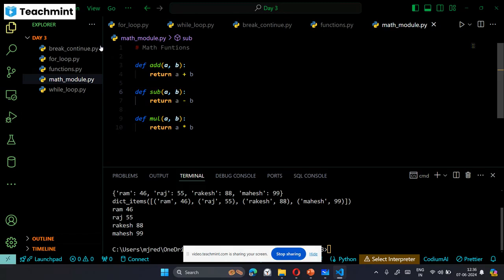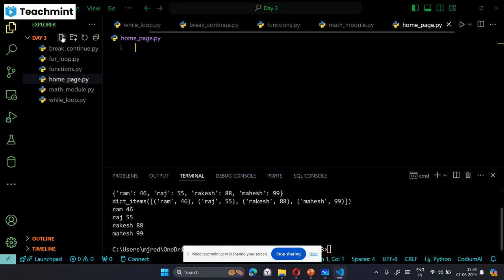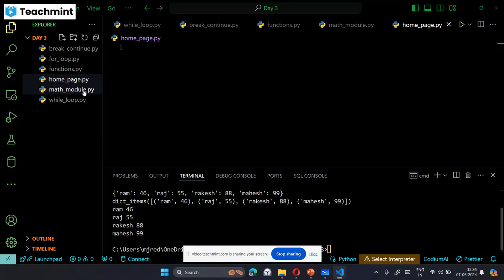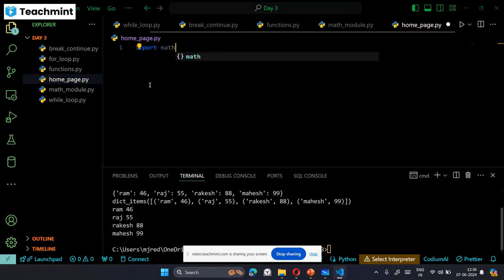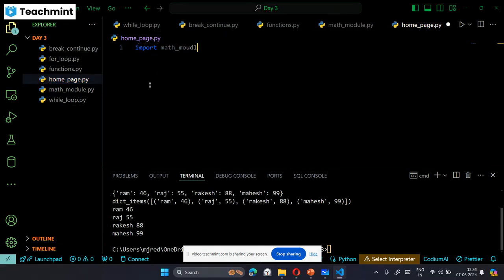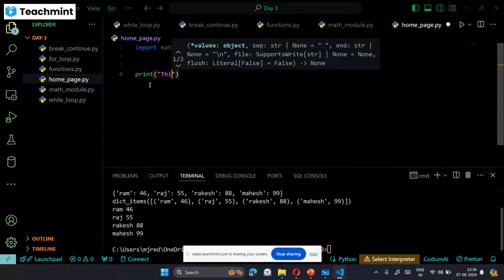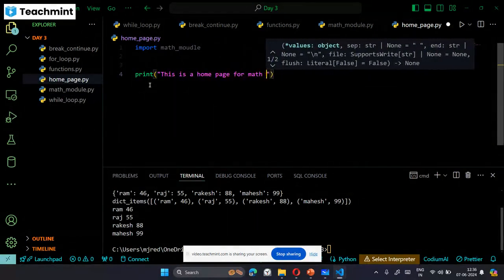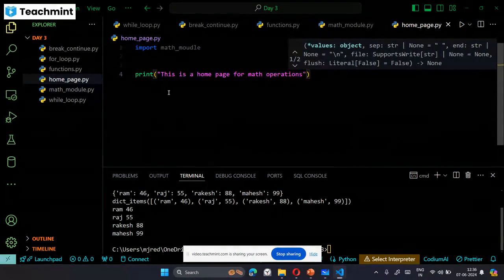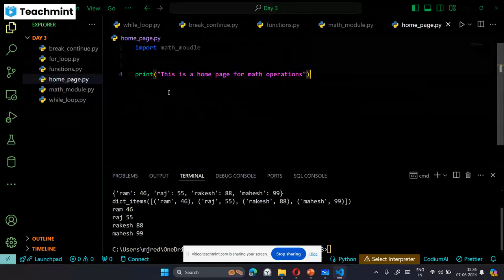Now I want to import this into another file. I want to import this math module into this file so that I can use it. To do that I have to use import math module. In this I'm printing, this is a home page for math operations. Now I want to perform addition. To perform addition,